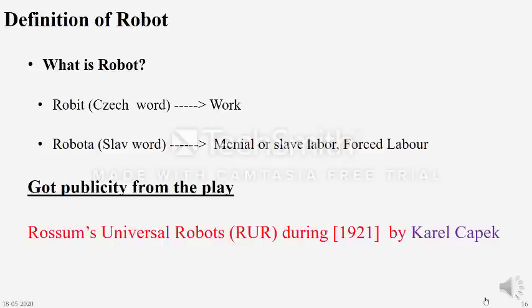What is the definition of robot? Robot is from a Czech word, robota, which means work. Robota, slave word. Menial or slave labor, forced labor. Robots are used as slaves. Robot got publicity from the play, that is from the play R.U.R., Rossum's Universal Robots, in 1921 by Karel Capek. Until then,